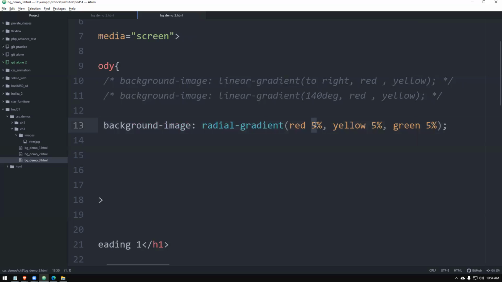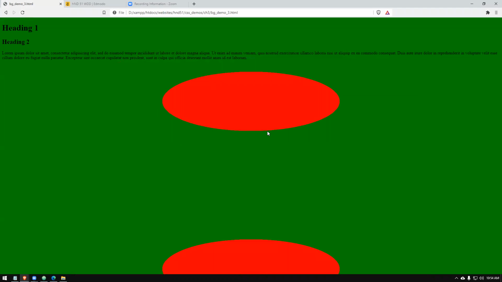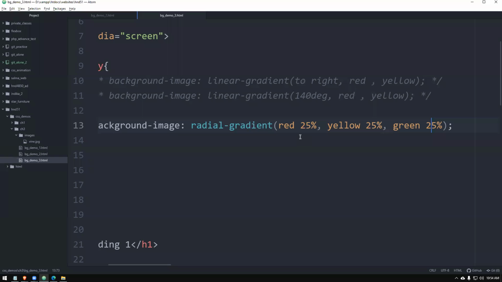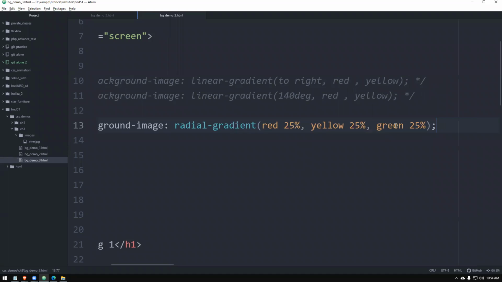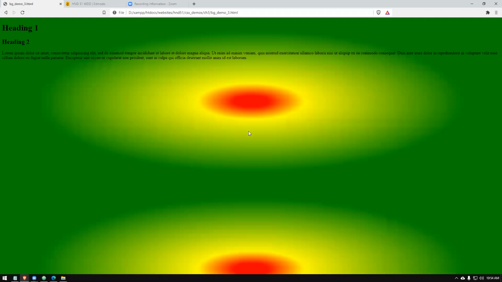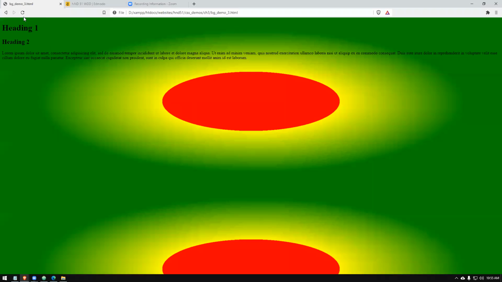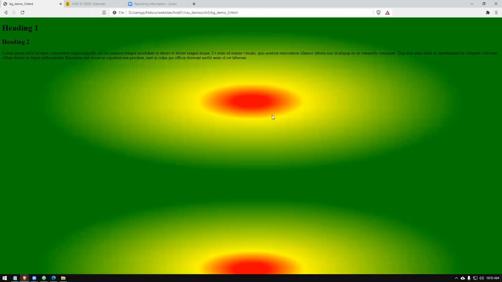The more value that you give, this is the featheriness of the colors. Not working properly. Okay, so let's change this to 25. So it is overlapping, right? So from a small value to a large value, we give to get it mixed. You change the values and experiment and see.